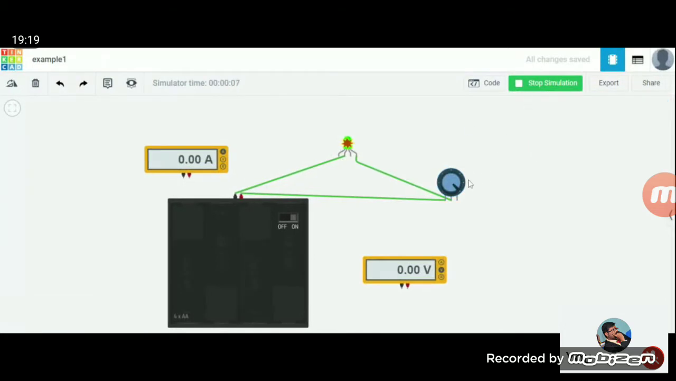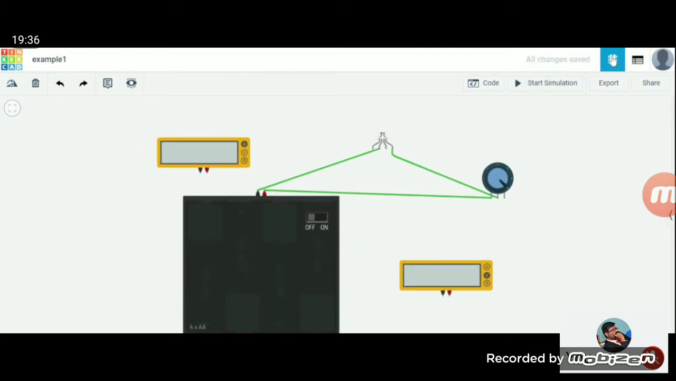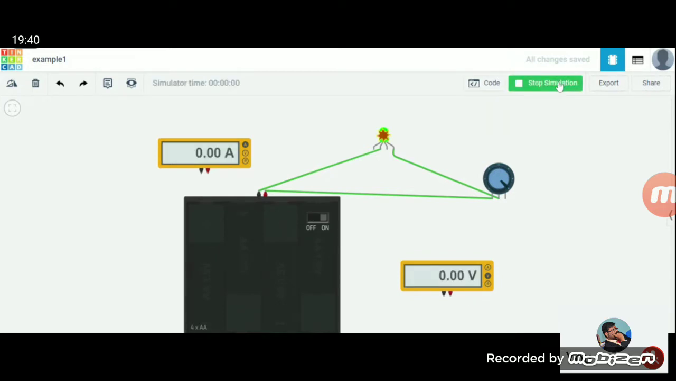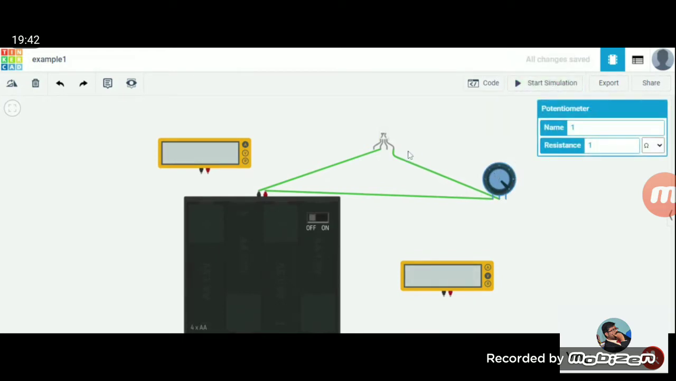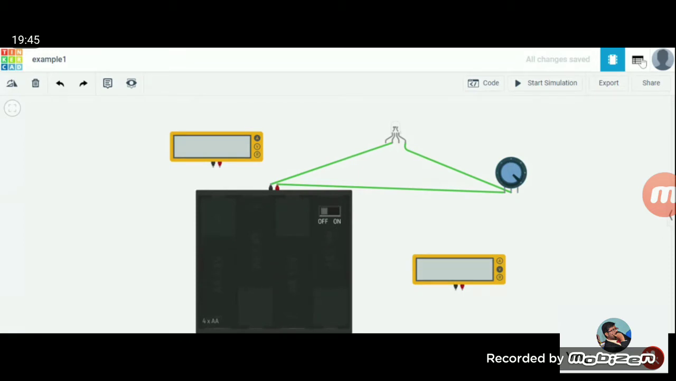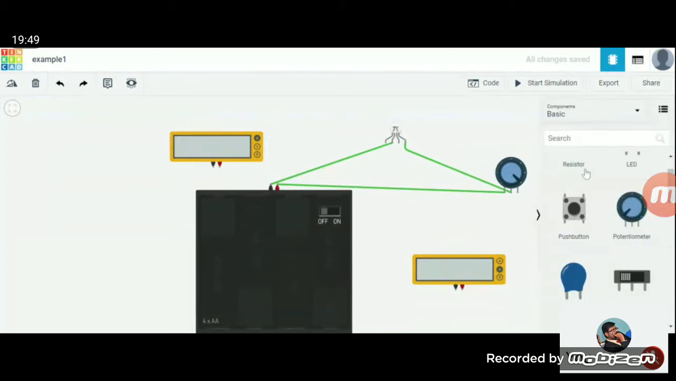So how much resistance you need, you can add it up and then find out what my LED or component can withstand, at what is the maximum value it can withstand. Okay, next thing is,